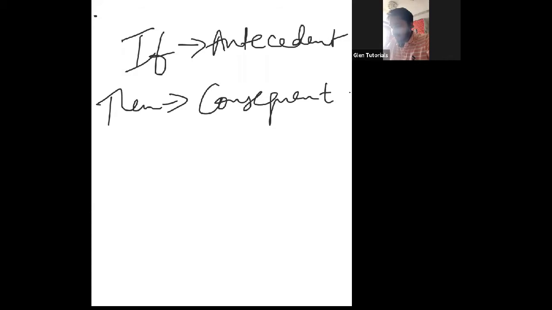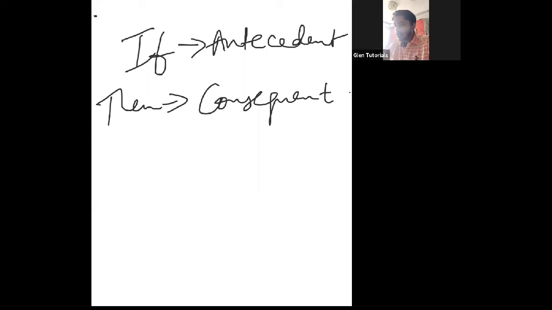As I have written here, today we are going to do if-then form, practice set 1.3. The part of the statement included in if is called the antecedent, and the part of the statement included in then is called the consequent. Now a basic example of the if-then form. Let me take Joel's example.